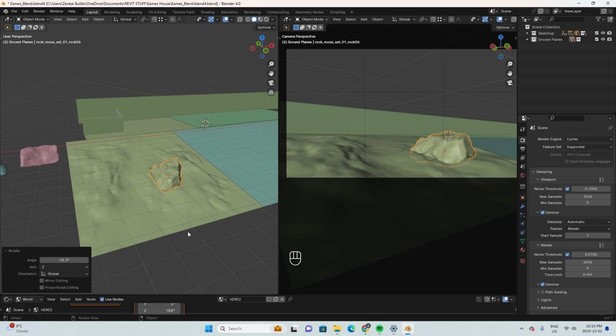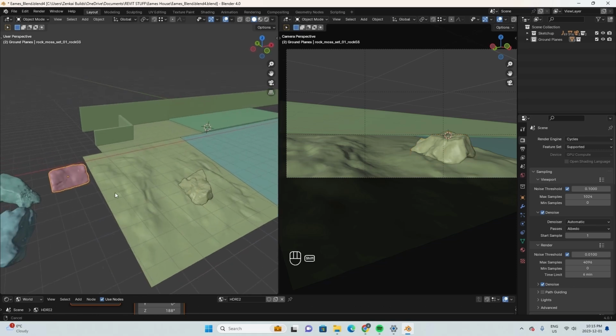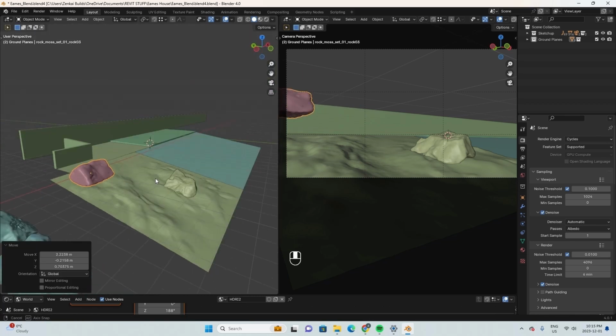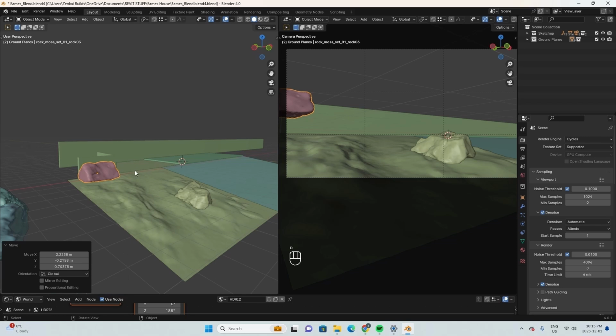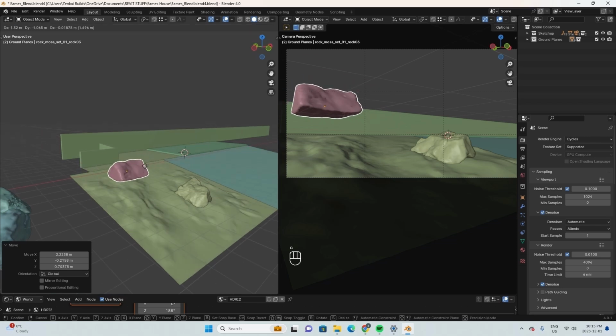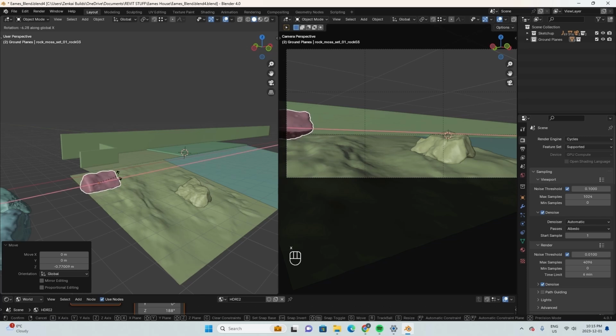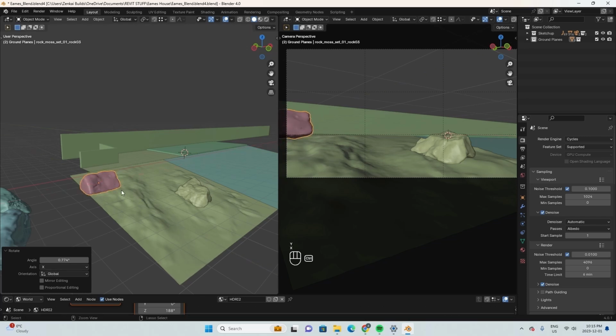Okay, so the cheat sheet I provided does have commands for transforming these that might come in handy for this section. So G, again, is to move objects around. If we want to constrain them to any of the axes, it's G, and then you just hit the axes you want to constrain it to. So you can hit X, Y, or Z, and that works for rotation as well. So when we hit R, you can hit X, Y, or Z, and sometimes that'll help us a lot